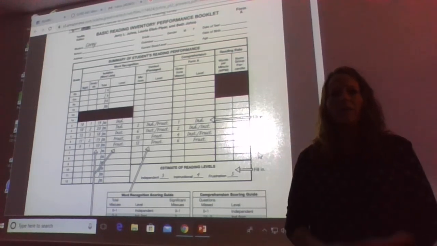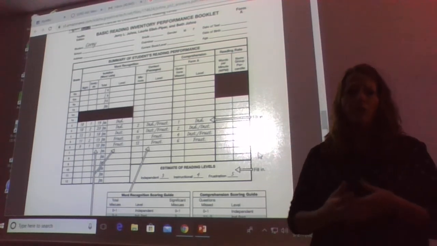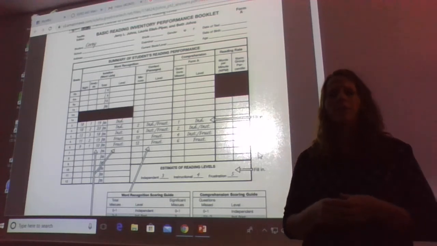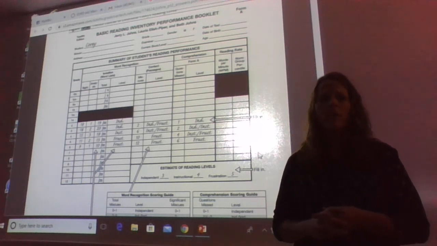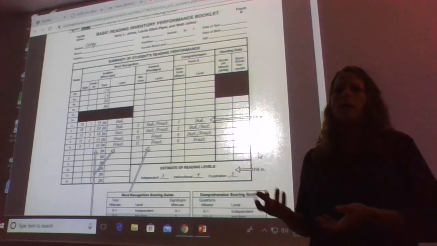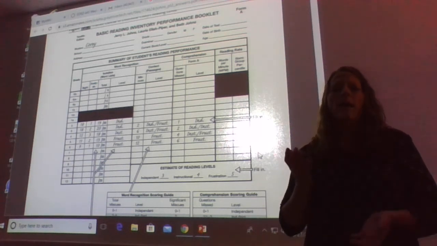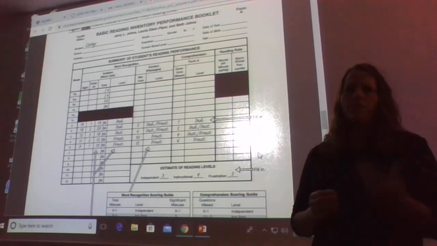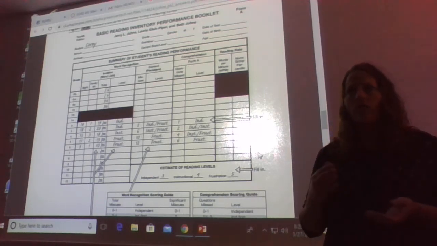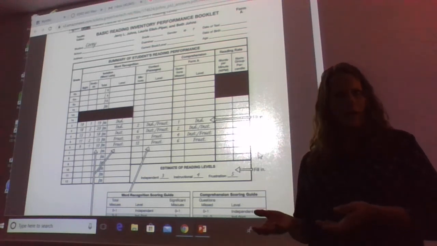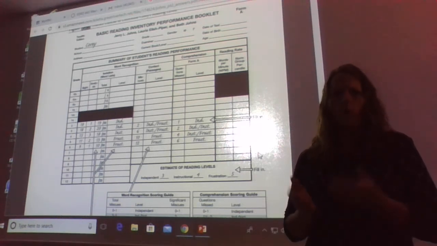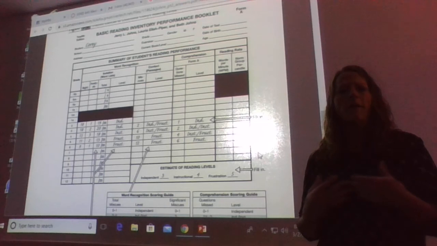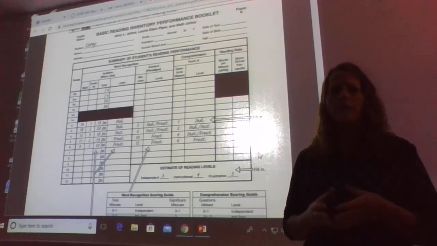A couple other things about this form to keep in mind. Reading levels generally go in order, but that isn't necessarily always the case. Sometimes we have to, as we've talked, add another level, maybe give a passage B or C because we had results that weren't necessarily going in order. So we might have a first grade independent, a second grade frustration, and a third grade instructional. That doesn't mesh. So we typically want to see independent, instructional, frustration. Sometimes that happens so we pull in another passage from another section to determine which one truly is the instructional